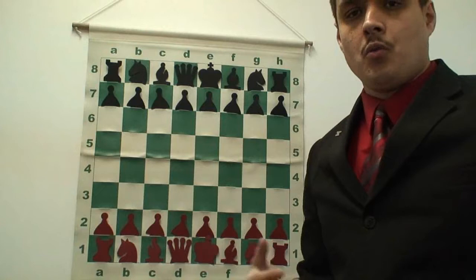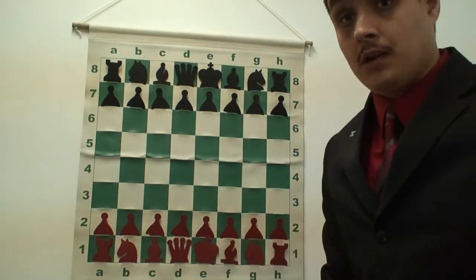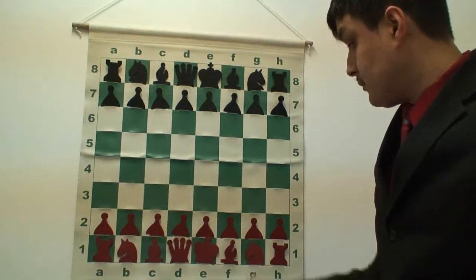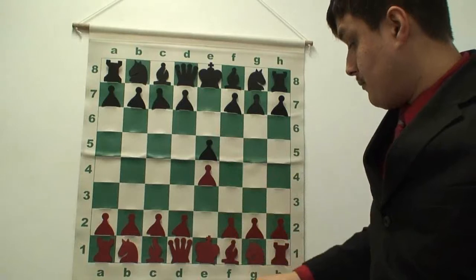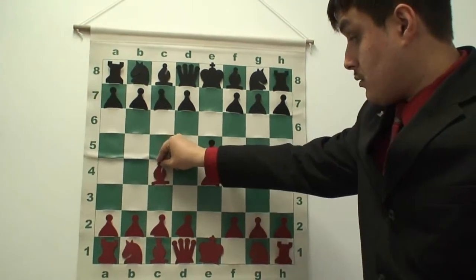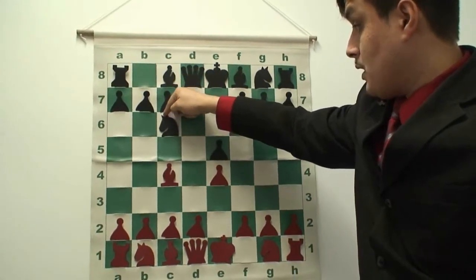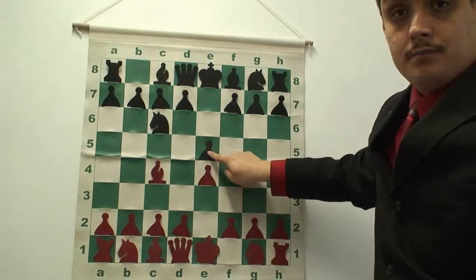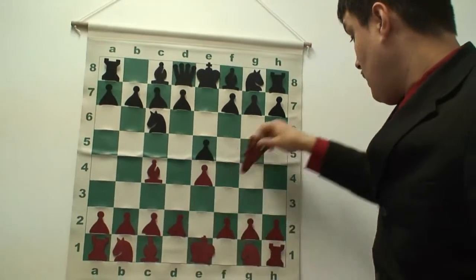Now I'm going to show you the world's famous 4-move checkmate, or Scholar's Mate, that it's called. So it's also an e4 move, e5, bishop c4, knight c6. He's actually doing this to protect this pawn. Okay, and then queen